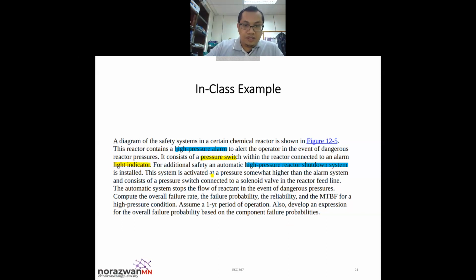The system is activated at a pressure somewhat higher than the alarm system and consists of a pressure switch. Okay, you have your pressure switch also connected to a solenoid valve in a reactor feed line. So the automatic system stops the flow of reactant in the event of dangerous pressure. The question asks about